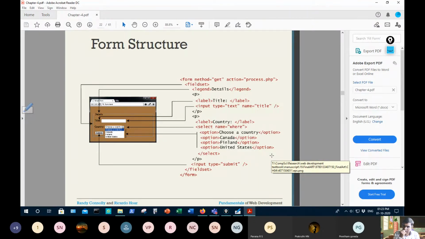A submit button can also be indicated by using the input tag with type equal to submit.